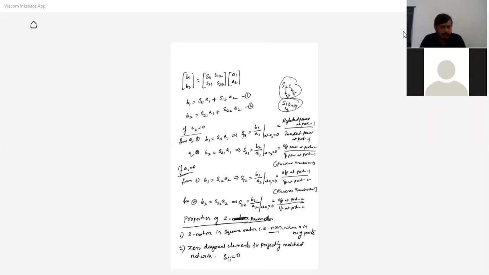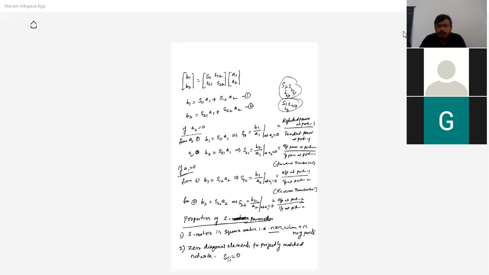So that is the second property. Then you go for the third property. Please note down up to this. Go for the next page. Is it over to this point? Sir, please note down. Have you noted down? Yes, sir.